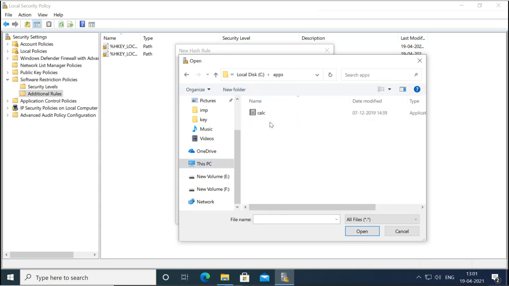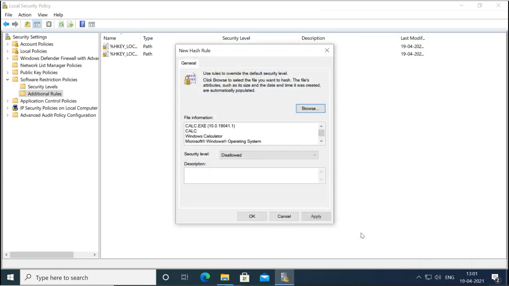I'm selecting the application, and it is now showing information about the application: this is the version, this is the name, it is Windows Calculator, this is the publisher. Now security level, what do you want? I want to disallow it, and the description you can make whatever you want, and now apply and OK.